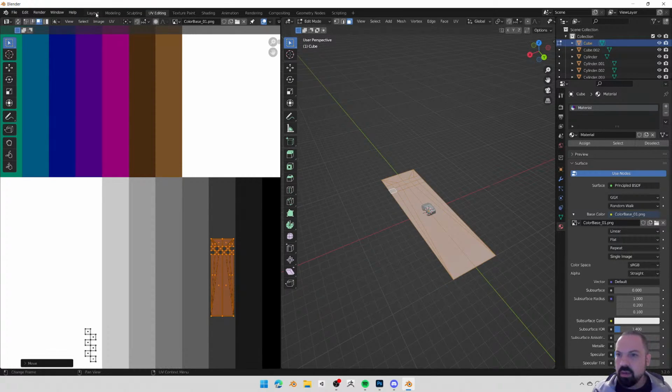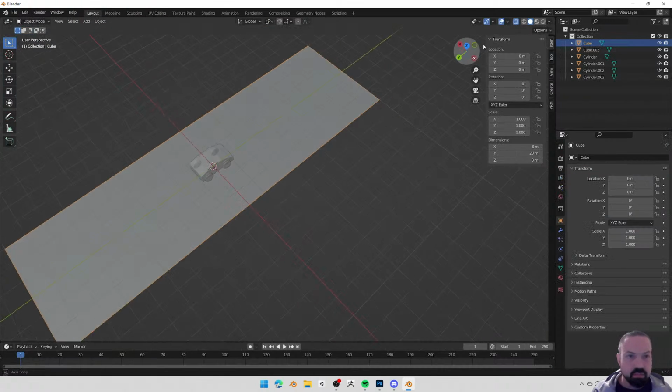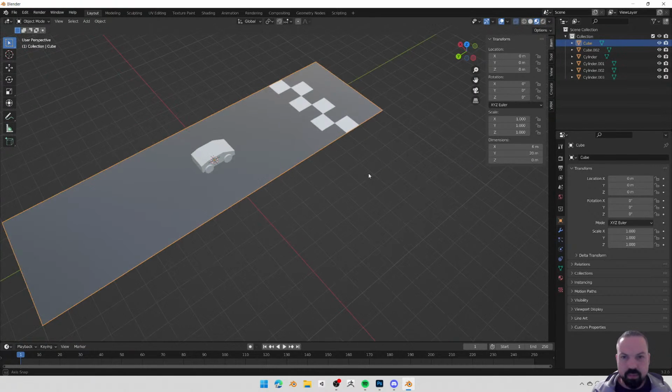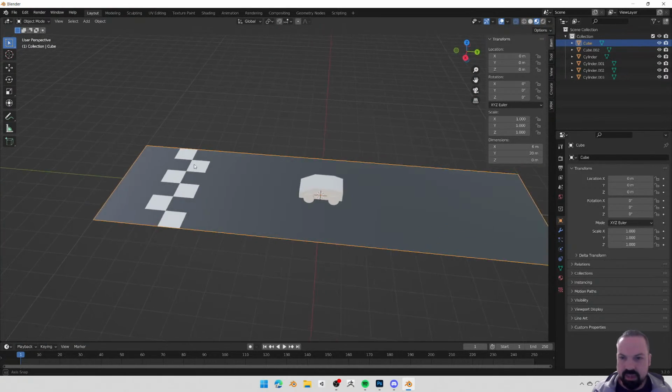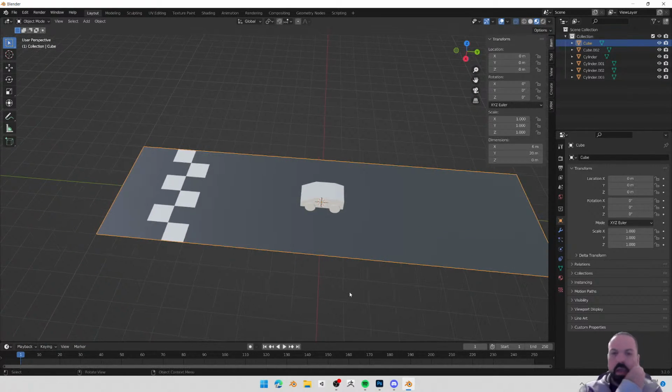And when we go back to layout, this one, we have our track like so. So this technique allows you to sort of focus more on less material. So the draw calls are really, really small. And then